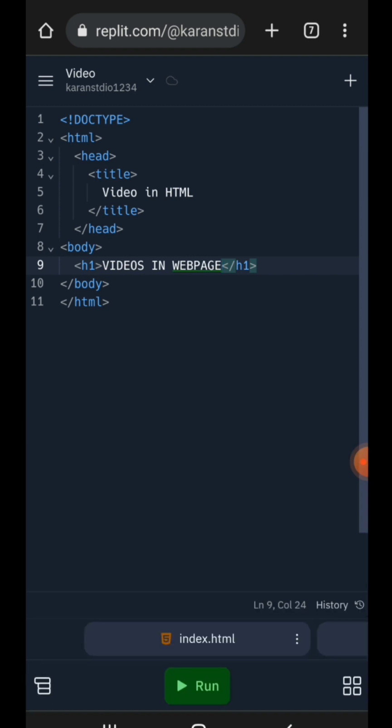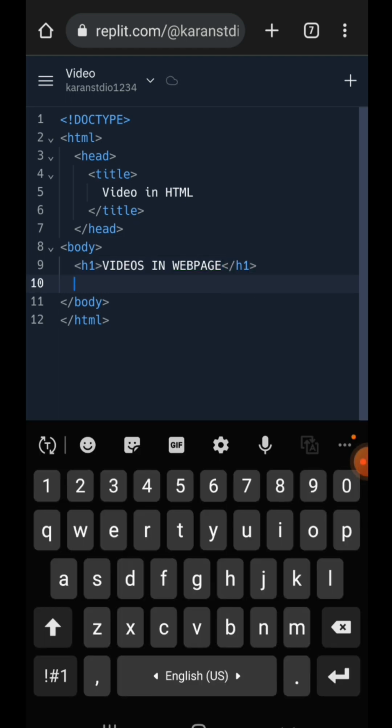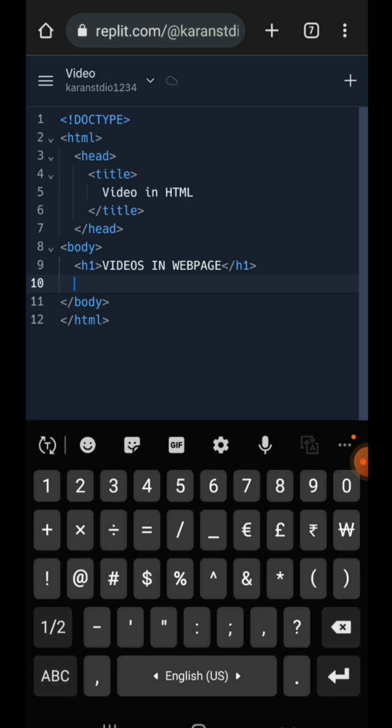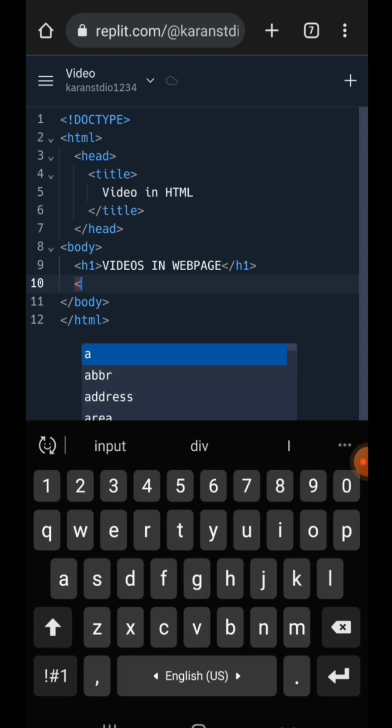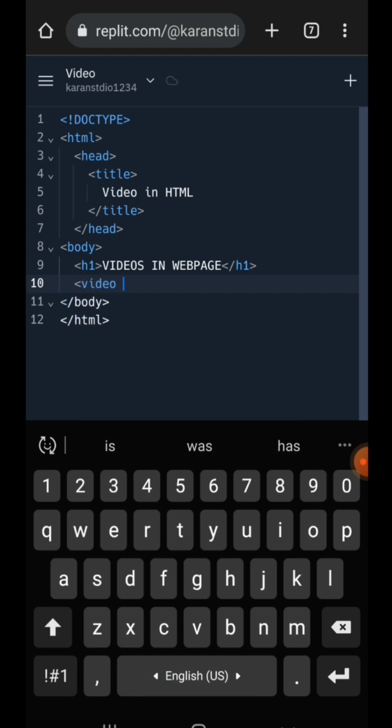And you can notice here, I am using the replit.com website. This is similar to the Replit app. You can also use the Replit app for that. So here we will write our video tag to insert video. After writing video, we have to give here width